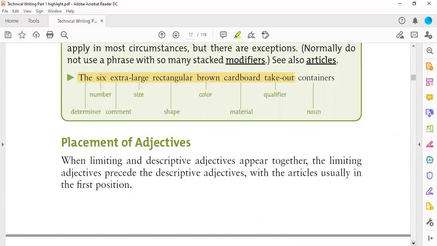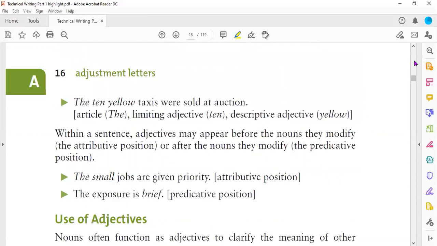Now, the placement of adjectives. What if we have descriptive and limiting adjectives at the same time? Look at this here: the 10 yellow taxis were sold at auction, okay. Now the